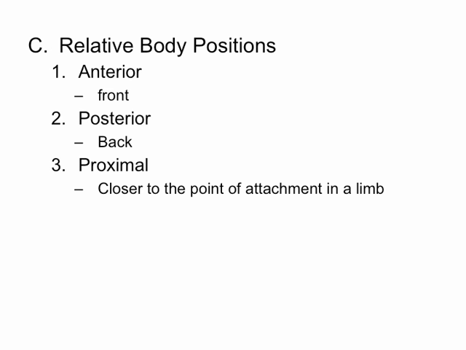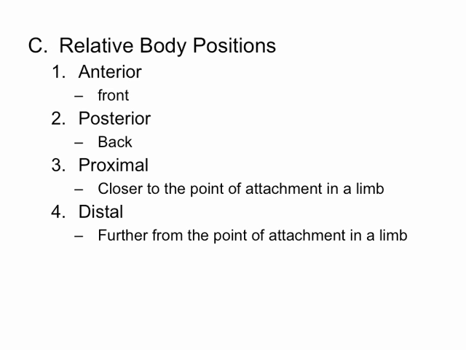Proximal means that you're closer to the point of attachment in a limb. So usually when we use proximal and the next, distal, we're going to use that when we're talking about arms and legs. Distal then is going to be further from the point of attachment in a limb. So for example, if you're standing in anatomical position,